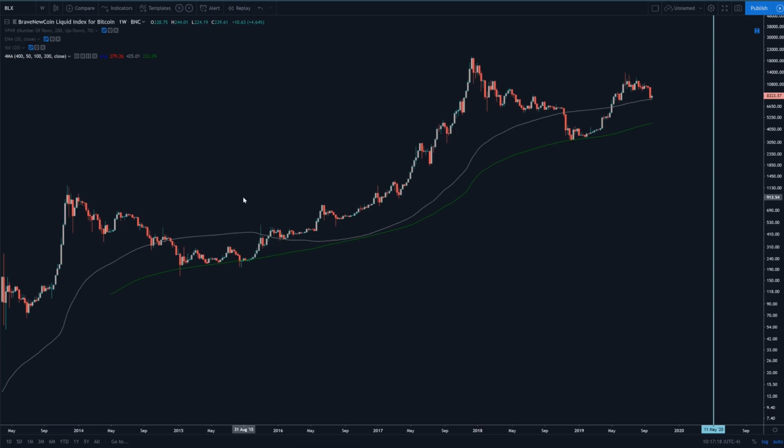It's kind of like the 20 weekly exponential moving average. As we can see with this, guys, whenever Bitcoin is above the 20 weekly exponential moving average in a bull market, we just fell below it, remember? But in the same way that the 20 EMA is very important, so too is the 200. And Bitcoin has only ever needed to come down and test this moving average twice on the weekly chart. Once back in 2019, we have never broken below it. Bitcoin has never closed a candlestick below this moving average, at least not for an extended period of time.